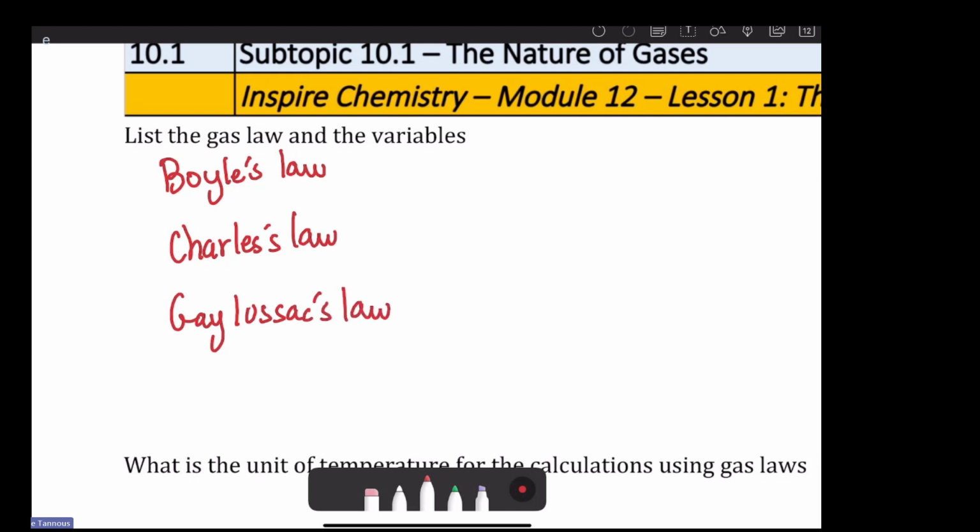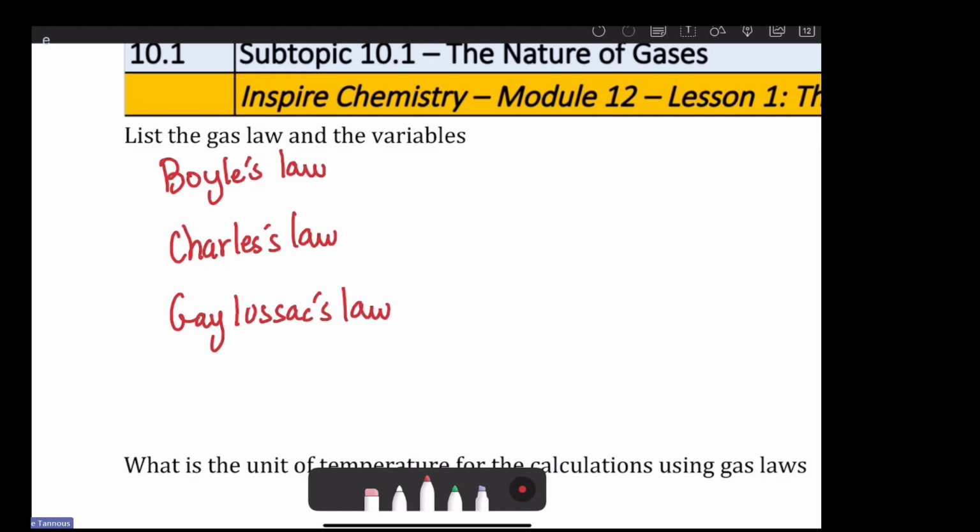We also have the combined gas law, and we have the ideal gas law and Avogadro's gas law, which are not given in your quiz, not included this time. However, we will mention these gas laws in other scenarios, in other revision